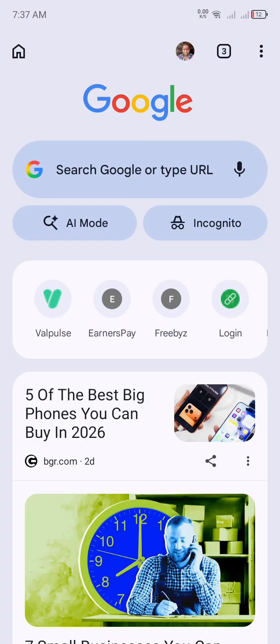In this video I'm going to show you how you can verify your Freebyz account. It's very simple and very easy. After signing up, when you sign into your account, you are going to see "verify your account" at the top. It's going to give you access to withdraw a lot of money, and also access to get a lot of tasks. You get full details about Freebyz when you verify your account. So right now I'm going to